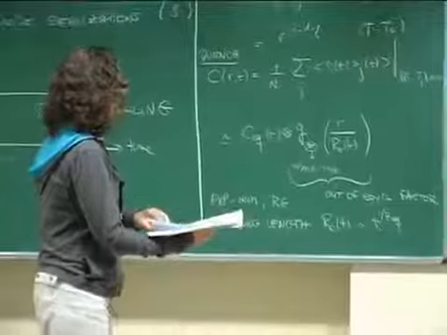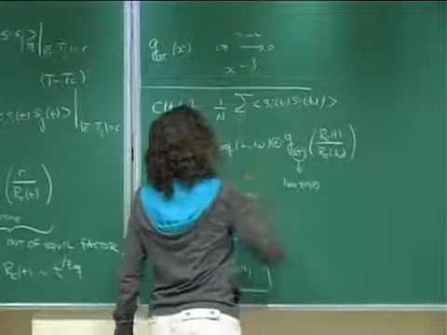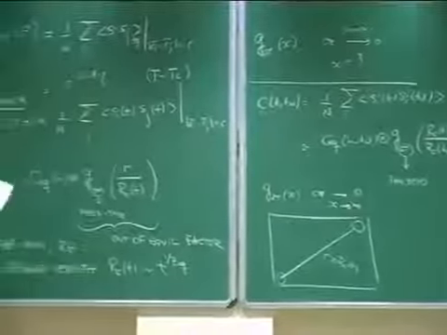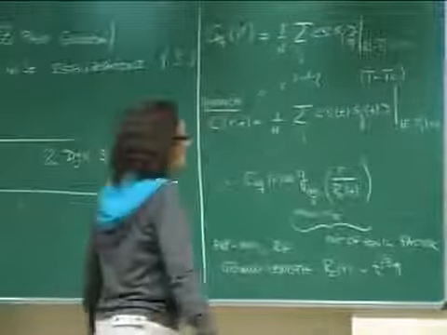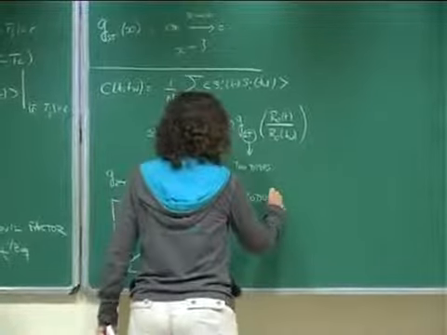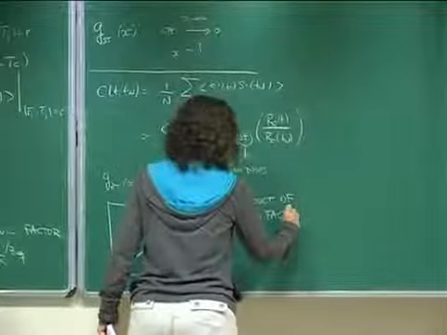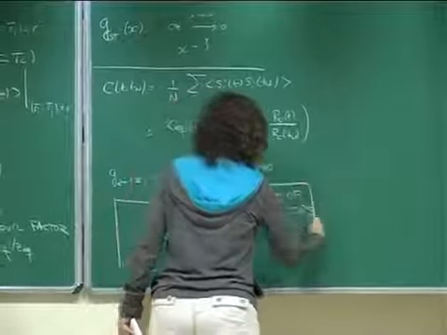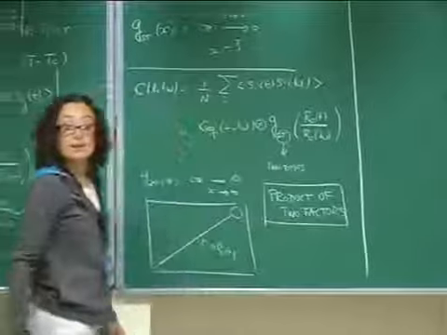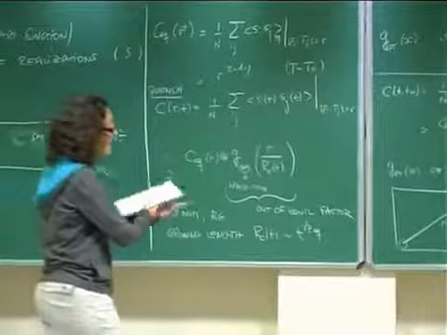Okay, so this is the recap of what happens when I quench at TC. There is a separation of timescales which appears as a product. Okay, it's a product, and I want to stress the fact that I have a product of two factors. One that tells me about equilibrium behavior, and another one that tells me about out of equilibrium behavior.